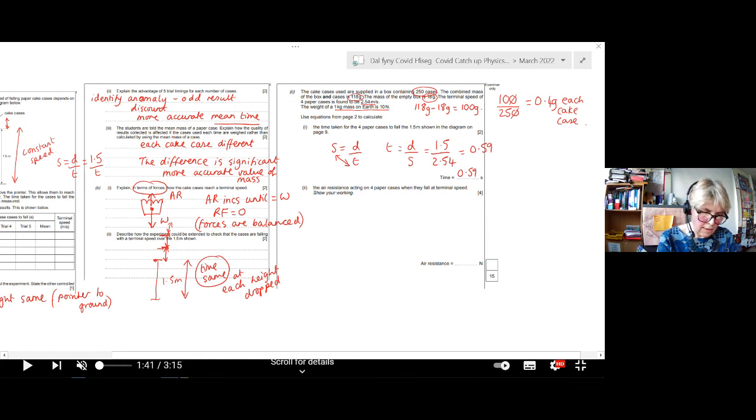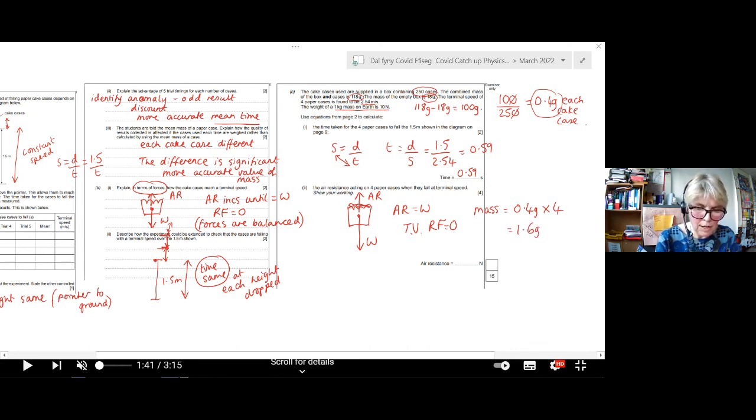And then you know that you've got your cake cases here and what forces are acting on them, the weight and the air resistance, and you know that the air resistance is going to be equal to the weight when it's going at terminal velocity, because the resultant force acting on it is 0, because you take the two forces away from one another because they're acting in opposite directions. So if the weight is, well, we don't know the weight, but we do know the mass of each. So if the mass of each is 0.4 grams, and we've got 4 cake cases, times that by 4,